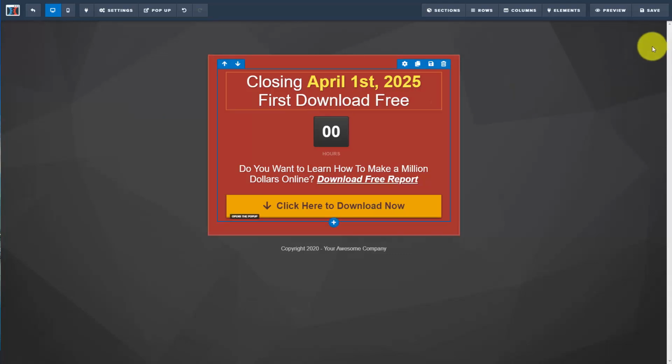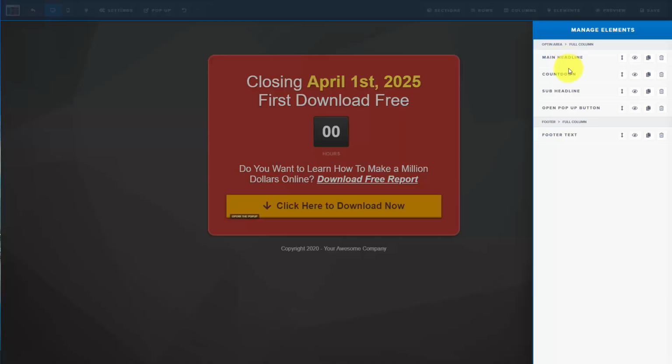Welcome back. You also have an Elements tab, and you'll be able to go first to manage the existing elements on your page. If you click this link, you'll be able to see all of the elements that are already on the page that you are working on. And what you'll see when we highlight one particular element, you'll see that that element is also going to be